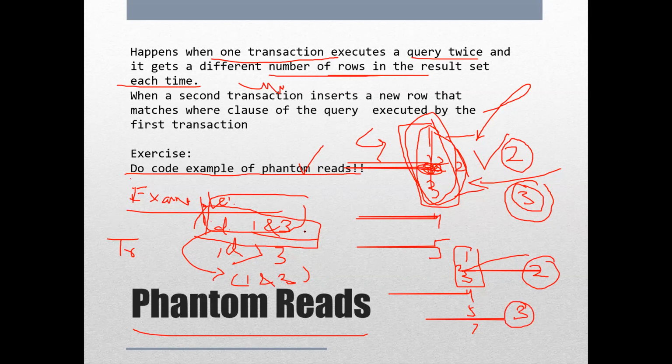Now it means that the same query, first it was generating a value of 2, because between 1 and 3 there was no ID 2. But now we have that ID 2, because it has come from somewhere, and our transaction was waiting for 10-20 seconds, and someone else has come and put in something. Now my query ran again between 1 and 3, and it found that we have 3 records. So this is called a phantom read: you're not getting the same number of results from one query because of the write of some other query, right?